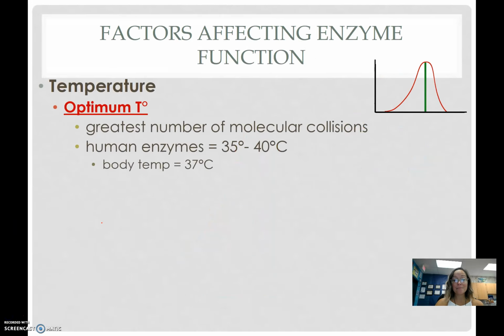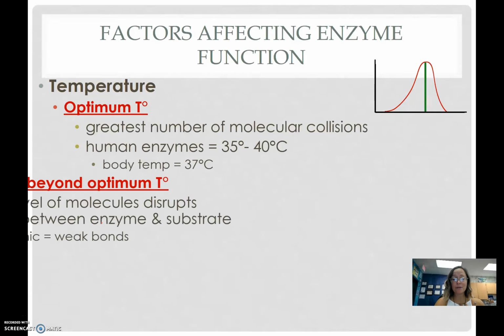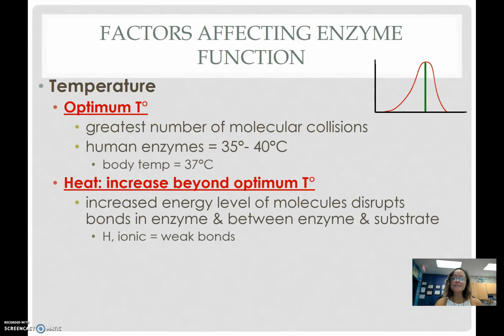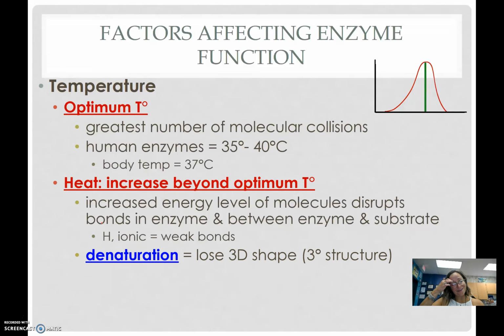Each enzyme works best at a specific temperature. So, like I mentioned earlier, humans have a body temperature of 37 degrees Celsius. That's the temperature our enzymes work best at. And now when we increase the heat past that optimal temperature, we increase the energy level of the molecules, and this disrupts the bonds between the enzymes and also the substrate. And so when we look at this, there's the word denature. So it's going to denature, or lose its 3D shape, its tertiary structure,